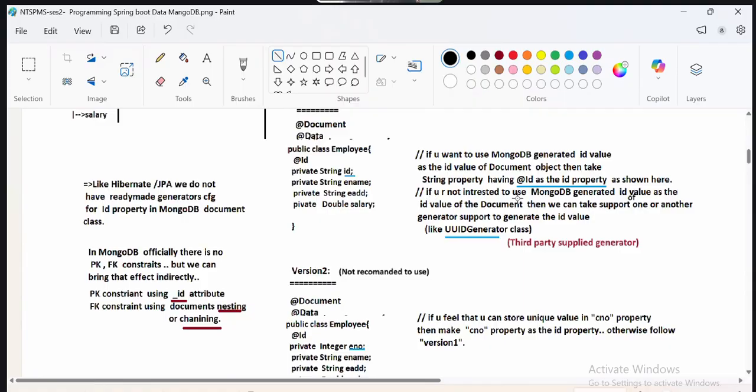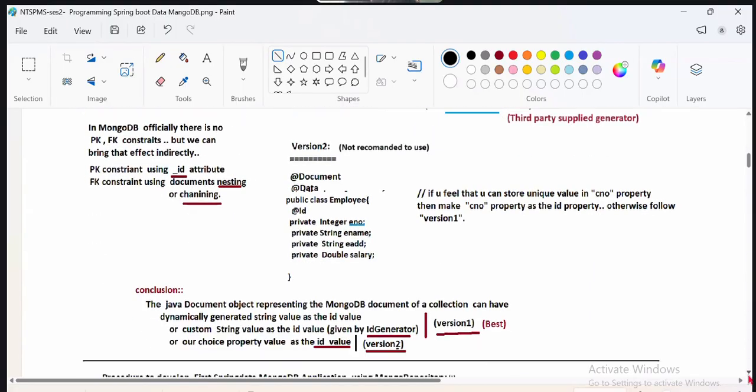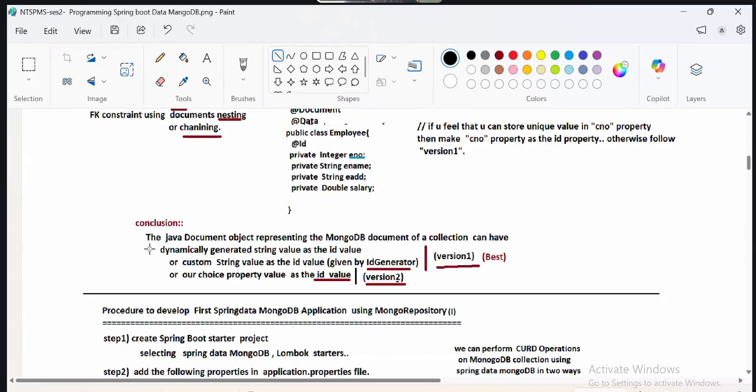If you are not interested in using the MongoDB generated ID value, then what do we have to go for? Ultimately, the MongoDB generated value is a hexadecimal number that you store as a string ID. If you don't want to use it, you can take your choice property. So the conclusion is: a Java document object representing a MongoDB document of a collection can have a dynamically generated string value as ID